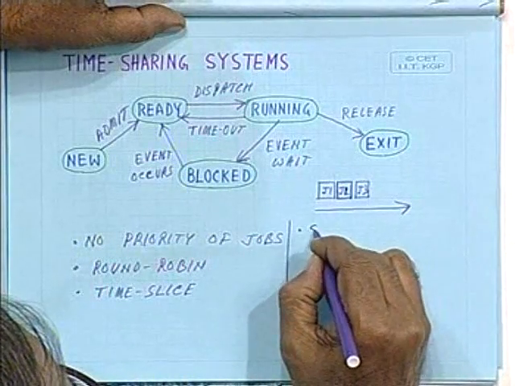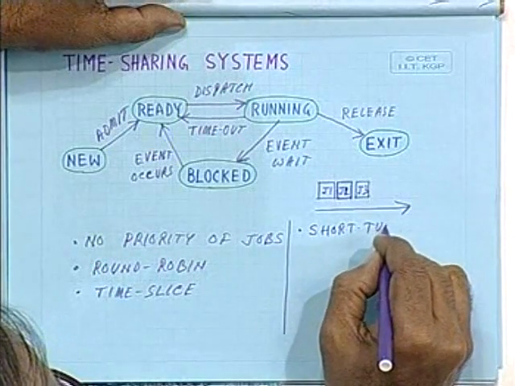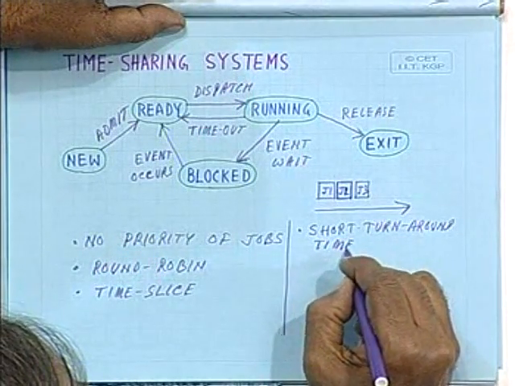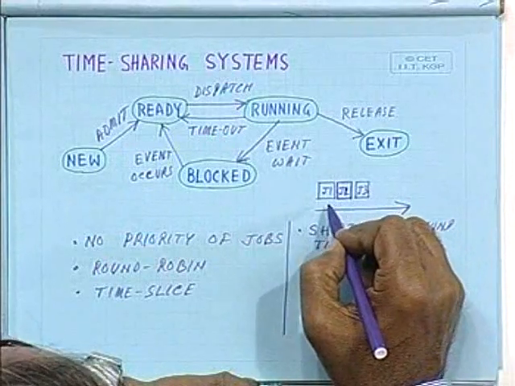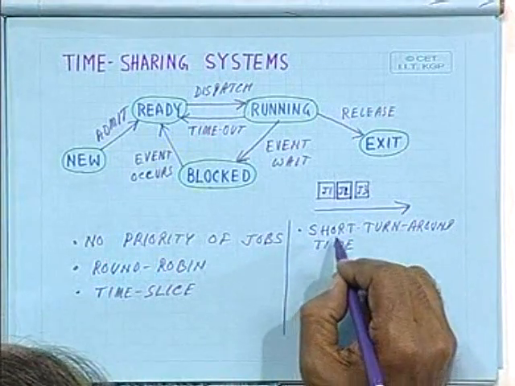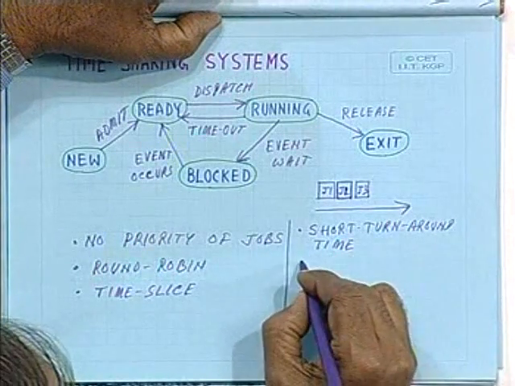Now what is the advantage of this approach? The advantage is that it has got short turnaround time. Why short turnaround time? Here you see each job is given a small fraction of the time, and as a result, if the job is small, very quickly the execution will be over. It need not wait for the execution of all the jobs or all the tasks. Some of the tasks may be very big and may require very long time. So a short job will not take long time. However, a long job, a big job, will take some more time. So it has got short turnaround time, and